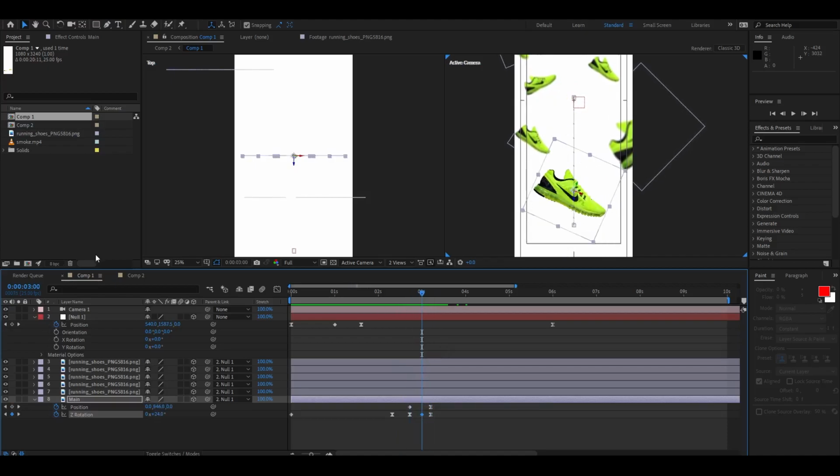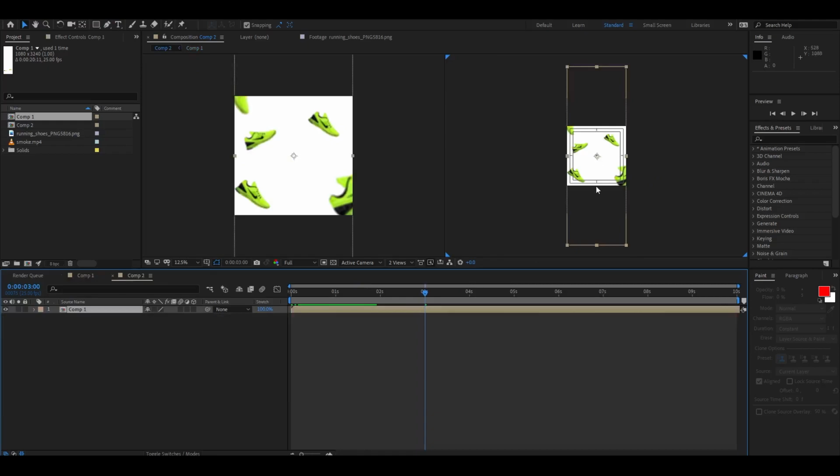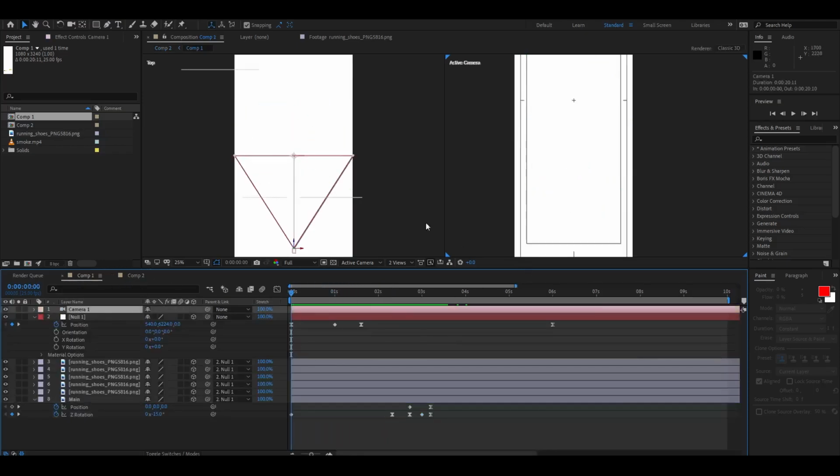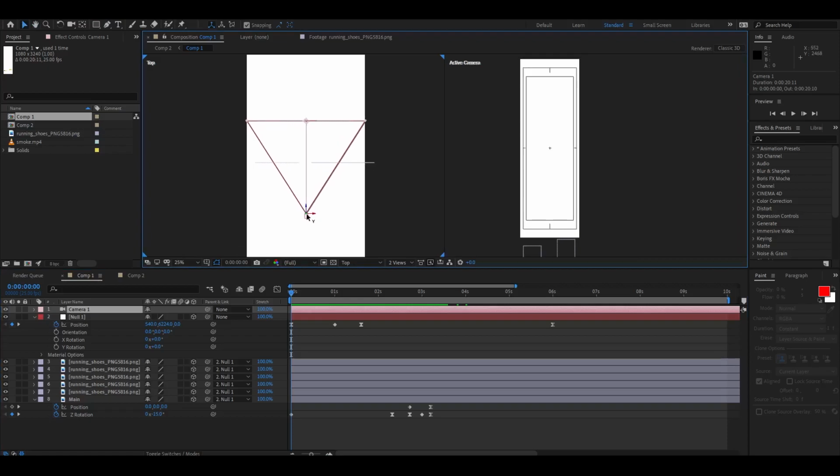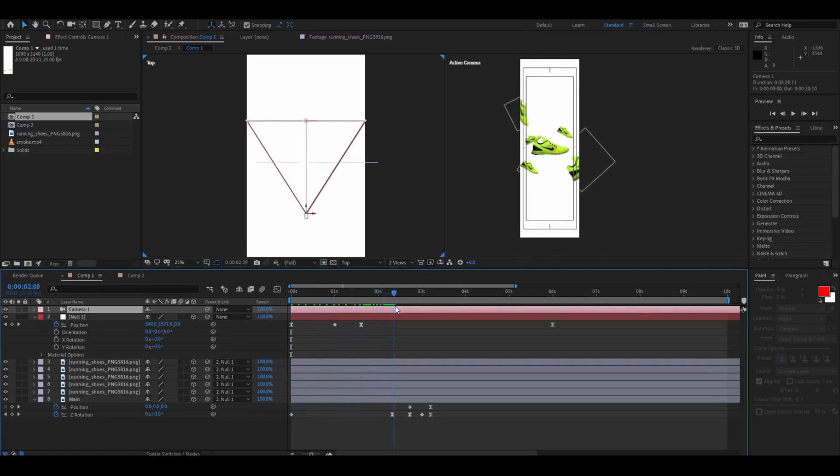But first let me arrange the movement of the shoe with the composition actually. So now we'll go in the composition and put the camera over here. As you see it's working right now in the Z space. Now I will have to select the camera, press P,